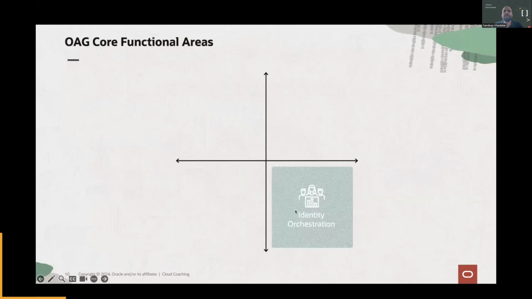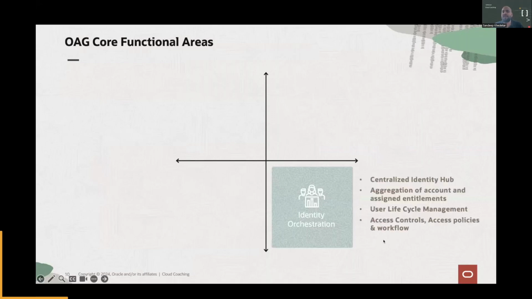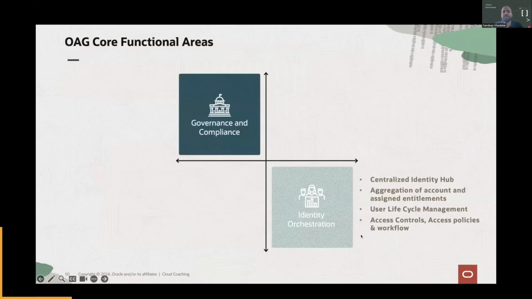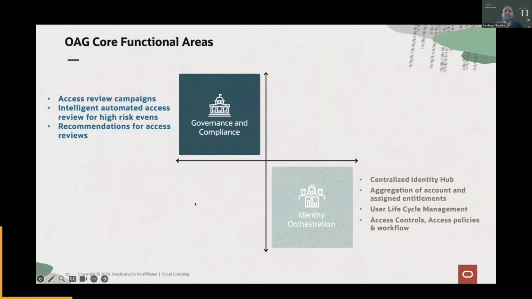Now, if I have to touch upon very key areas of the access governance service, it begins from the identity orchestration, wherein it pulls the information from the target applications, and then it essentially establishes the correlations, does the life cycle, adds the bundles and roles to run the life cycle management of the users. Okay. And then every organization is driven by the compliance and the governance.